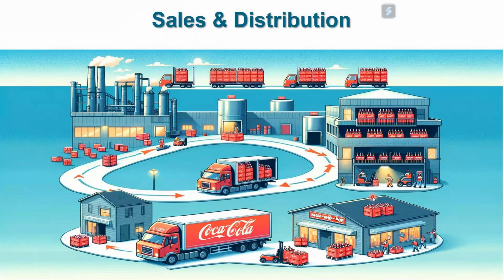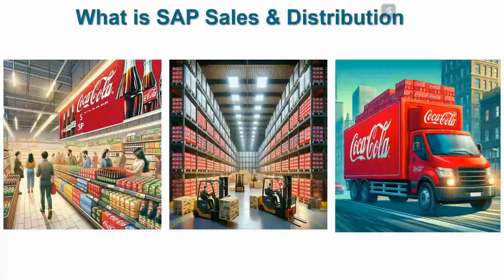Second is you also need to sell your stuff. From your warehouse you need to sell to supermarkets, you need to sell to mom and pop stores, you need to sell to dealers, distributors. All of that needs to be done. For all of that you need to use the sales and distribution module of SAP. So for your sales and your distribution, distributing your products from your warehouses, from your plants to mom and pop stores, to Big Bazaar, to Reliance, to Walmart, etc., is all sales and distribution.